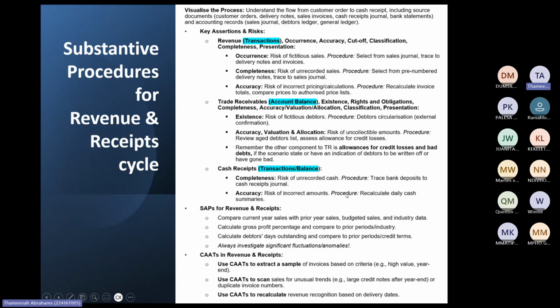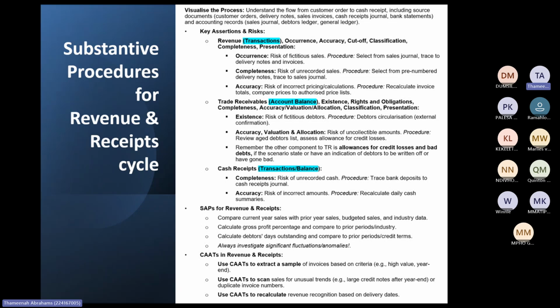So credit notes must also fall in here, but credit notes is only when your audit client does issue a credit note, because maybe their customer is not happy with the goods, they're returning the goods, or they weren't happy with the service, and now your audit client is going to issue them a credit note. So you also would test credit notes. Credit notes would be a test on its own.